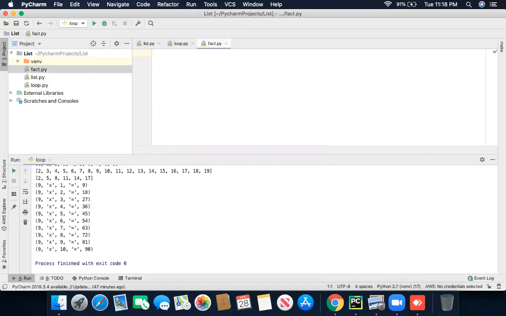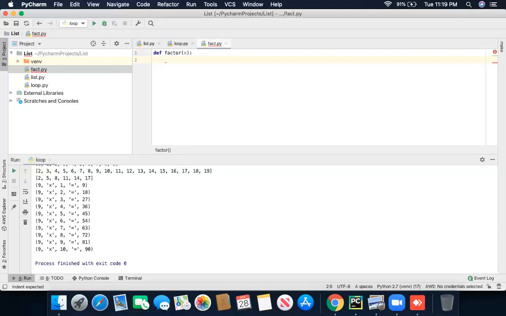Now, how are we going to find the factors of any number? We are going to make a function: define factor, F-A-C-T-O-R. We are going to define the factor of any number. The number can be X, because right now we don't know what number the user will give.